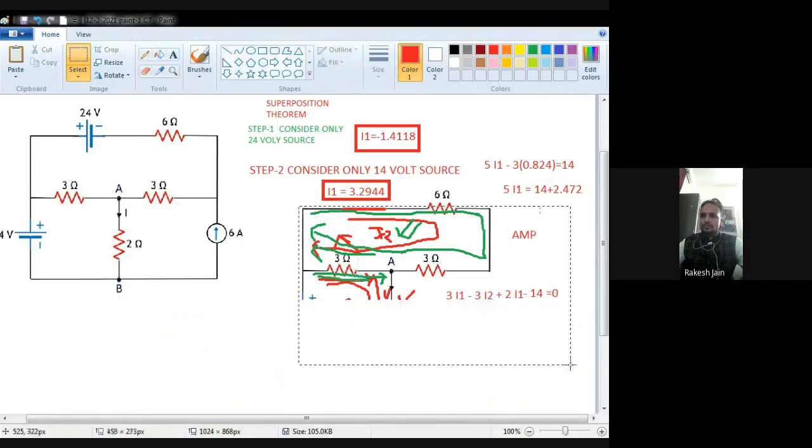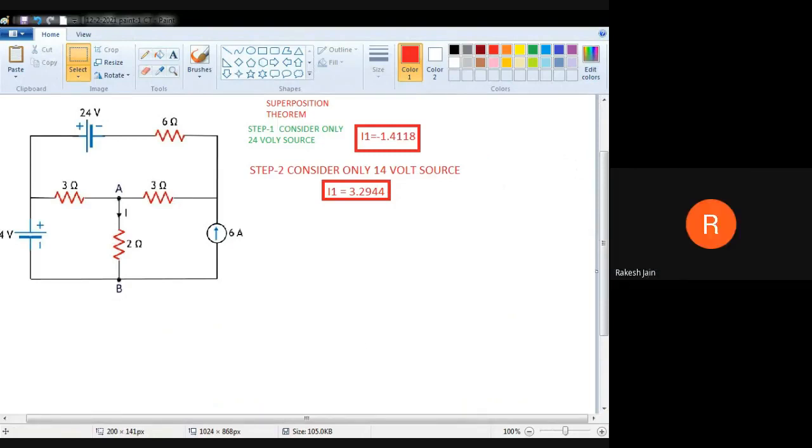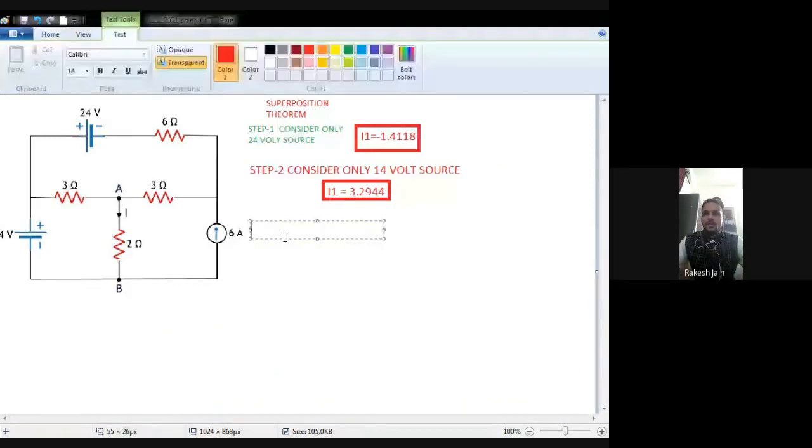Now we just multiply the first equation by 3. Now see the second equation. What is the second equation? Just multiply that equation by 5, that is minus 5 times 3, minus 15 I1, plus 12 multiplied by 5, that is 60 I2, and that is equal to 5 multiplied by 0, that will be 0.